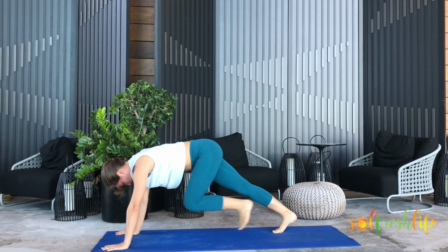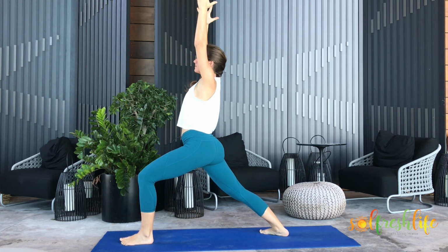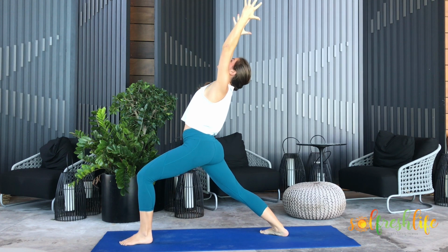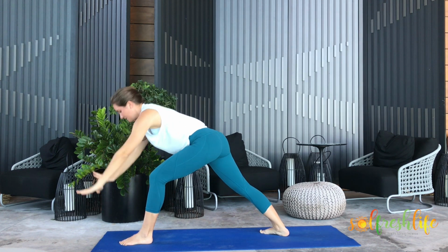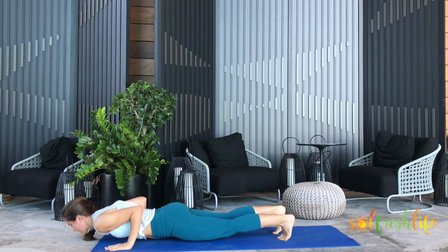Left leg kicks back, stretch it back. Bring it in between the hands for a warrior one on the left side. Arms stretch up as your hips sink down. Looking up between your hands for a little crescent movement, stretching into the front belly before you come into your